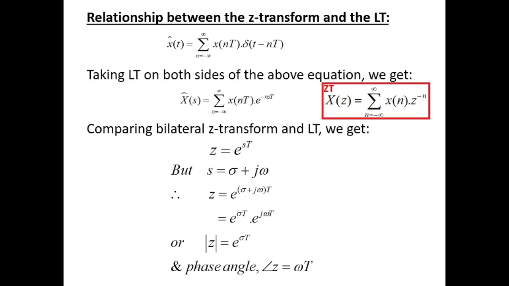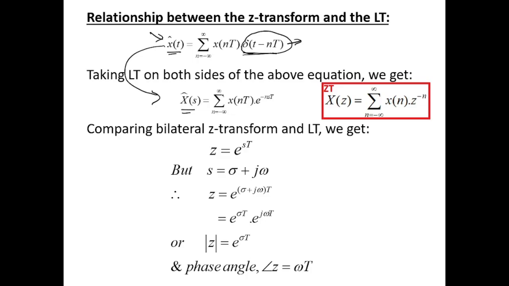Now, what is the relationship between the z transform and the Laplace transform? If you see, this is x(t), and this cap means we are sampling x(t). So it is x of nT multiplied by delta of t minus nT. Do you remember what this is? This is basically the impulse train. So we have x cap of t equals summation of n equals minus infinity to infinity x of nT delta t minus nT. Now if we take the Laplace transform on both sides, we get x cap as summation